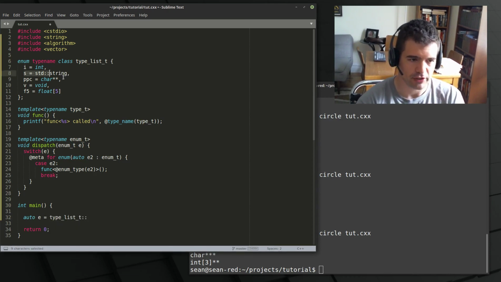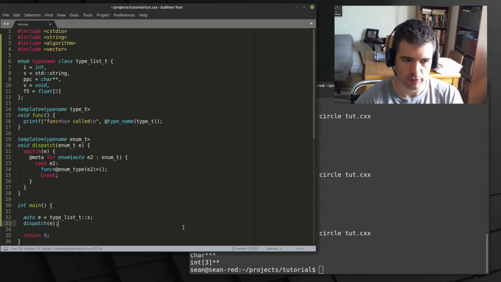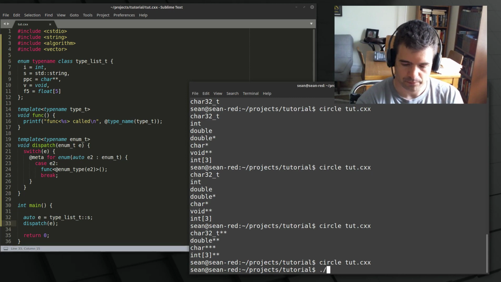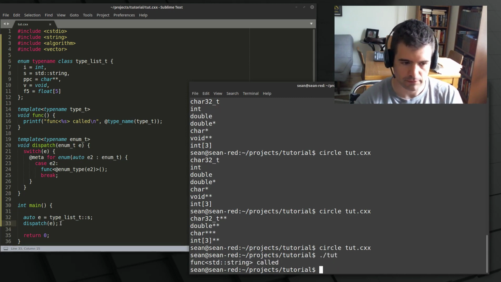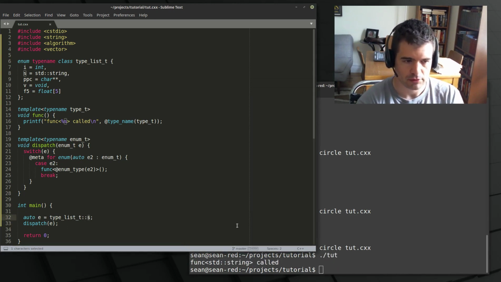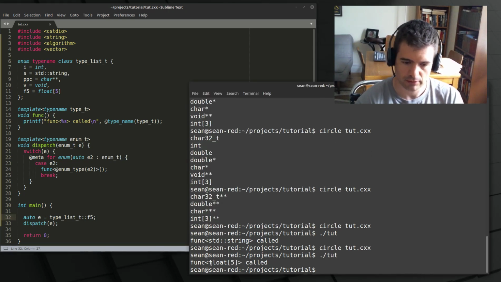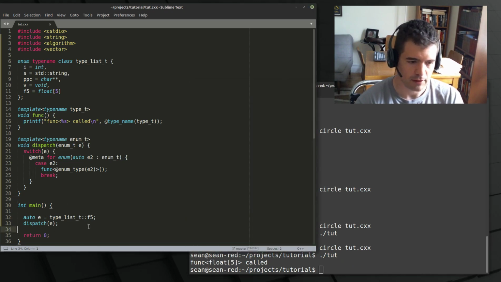So let's set it to a string, which is s, right? And call dispatch. And let's see what happens. So we hopefully will see func of std string called. Right? If we want to change this to F5, right? Func of array of size 5 of float called, right? And that's one way to dispatch. So we just generate a